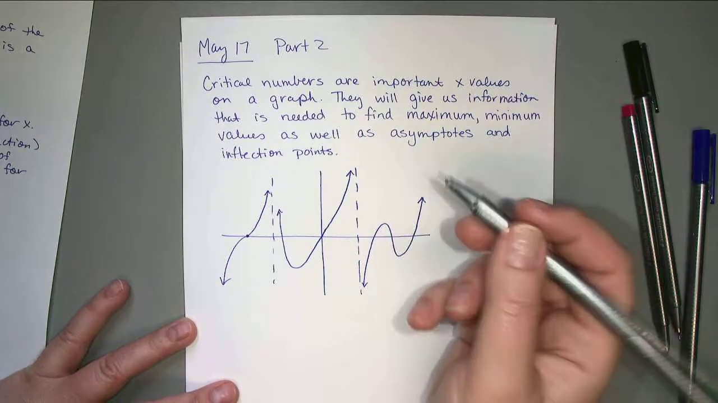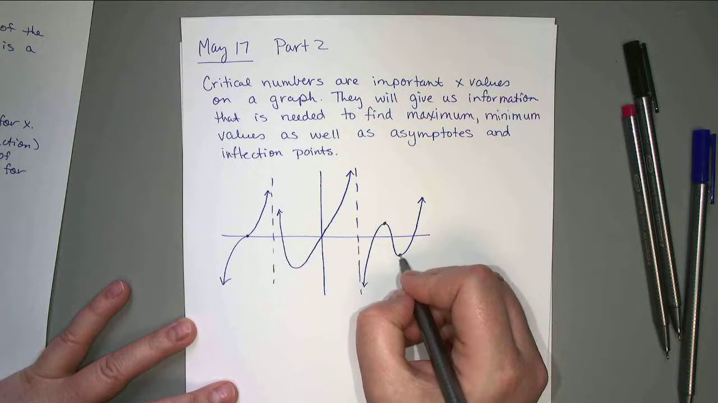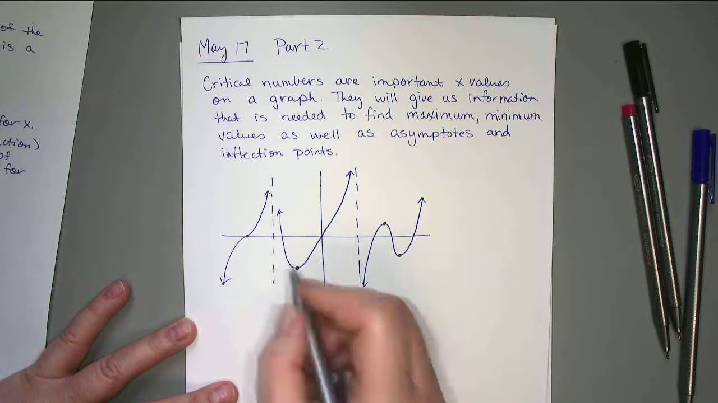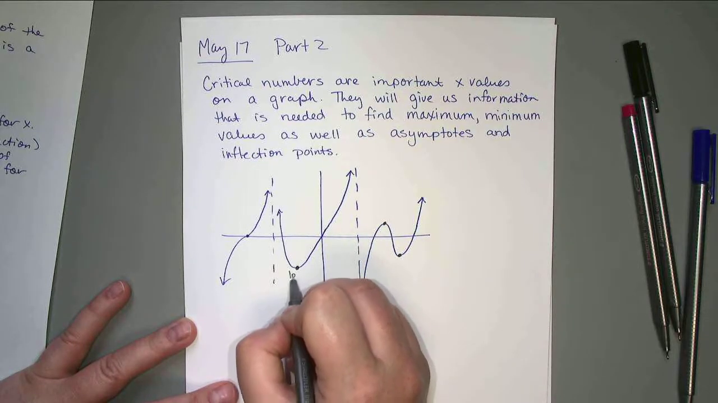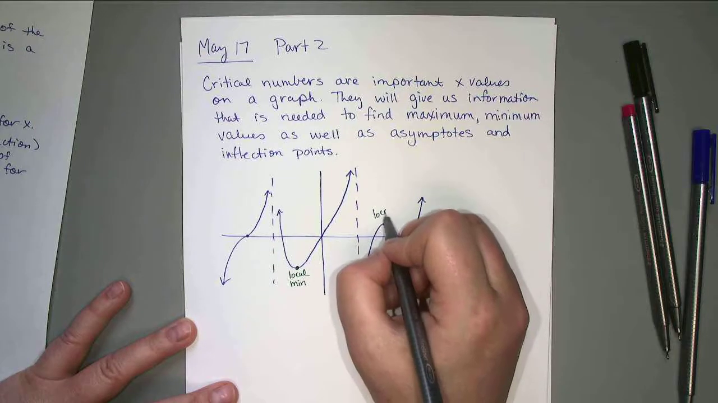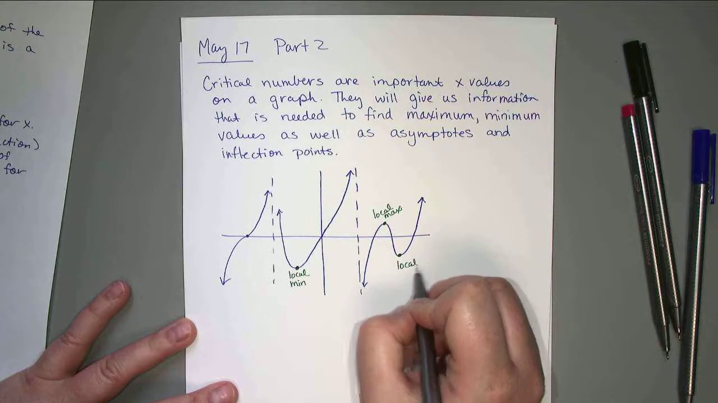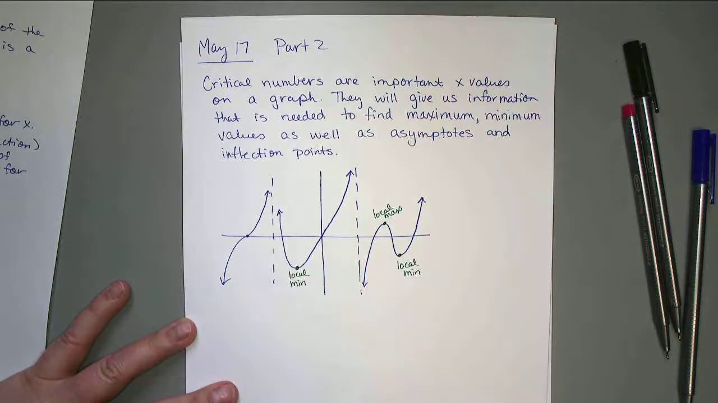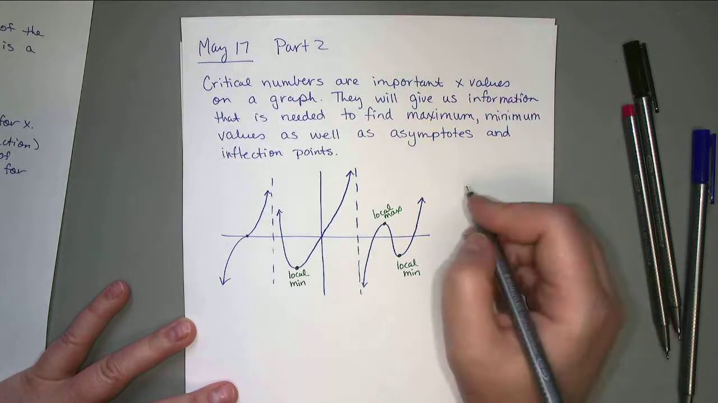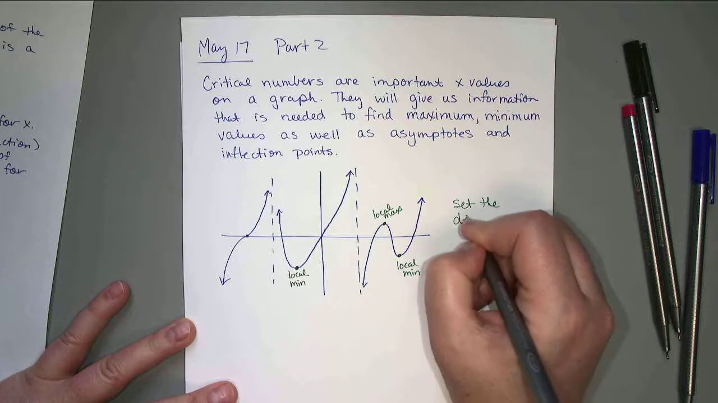So we talked about the maximum and minimum, the hills and valleys here. This would be a local minimum, and this would be a local max because it's at a hill, and a local min. Now, how to find those points when you're just given an equation and not looking at a graph is to set the derivative